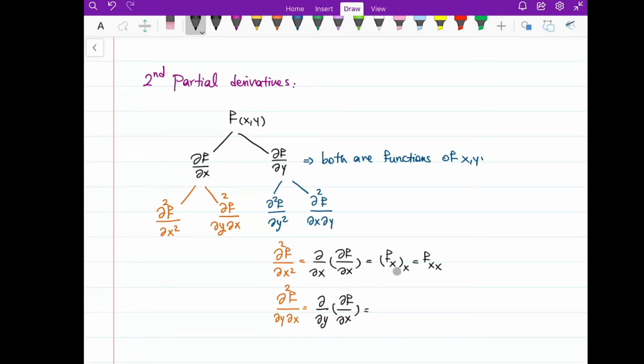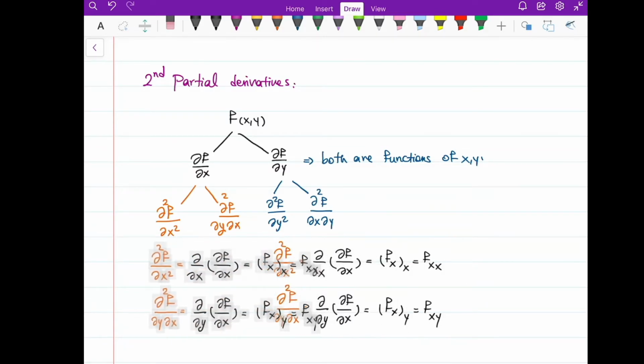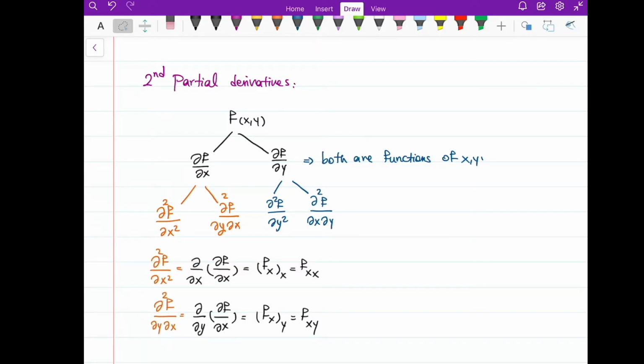In the subnotation, I can write this one as fx, and then I took derivative of that with respect to y, so I write this one as fxy. Let me write the other two as well. So the second partial derivative of f with respect to y squared, it would be partial of f with respect to y, fy sub y,